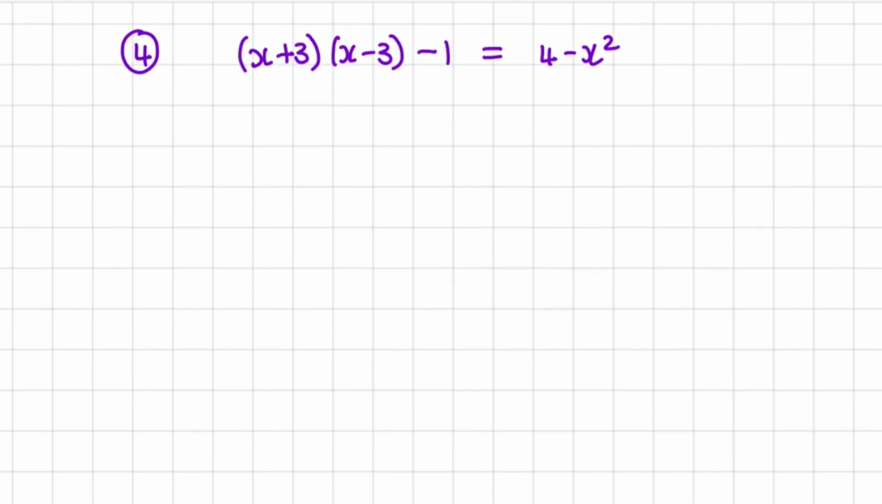Our last example is a little trickier. What we can see is we have brackets on the left and a difference of 2 squares on the right. We are not going to do anything on the right hand side. Our aim is to write it in standard form, so have all the terms on the left equal to 0 on the right. So first let us multiply out, and I identify these sets of brackets as a difference of 2 squares. So when I multiply it out, I'll have x squared minus 9 minus 1 is equal to 4